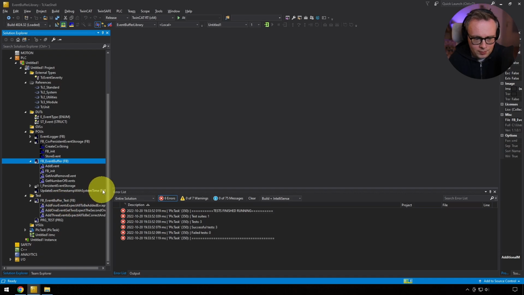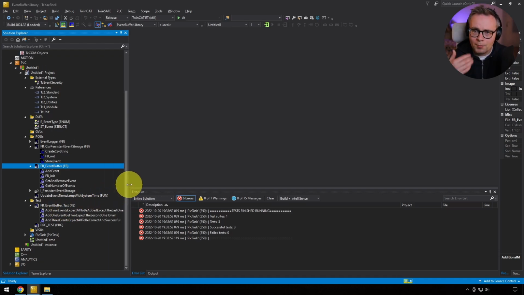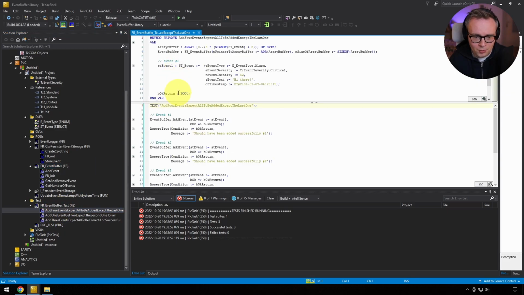There's some other things here as well, and you probably didn't think so much about it. If we go to these tests now, then any developer, I mean, I might write the software now, but I'm sure in 1 week from now or 2 weeks from now, I'm gonna forget how this worked. But by just looking at the test, I can see. So I can go into a test and see, if I add 4 events, then I expect all of them to be added except the last one. Okay, so that means that there's some limitations in how many events I can add here. And I can simply look at the test and see the behavior of the code, how I should use this function block. So this is basically live documentation of the software. I don't need any separate documentation.